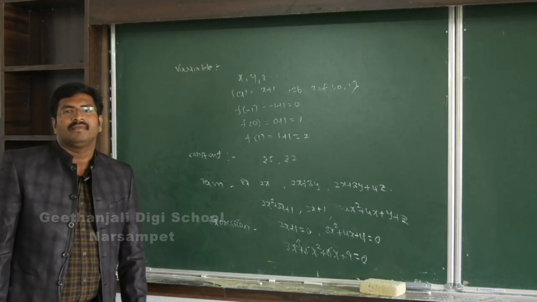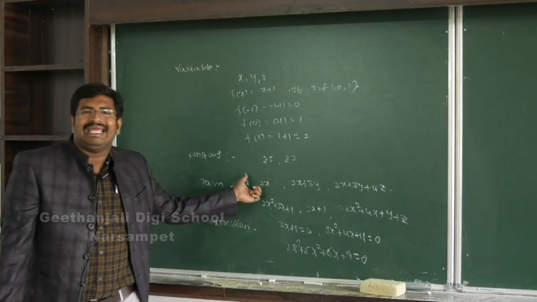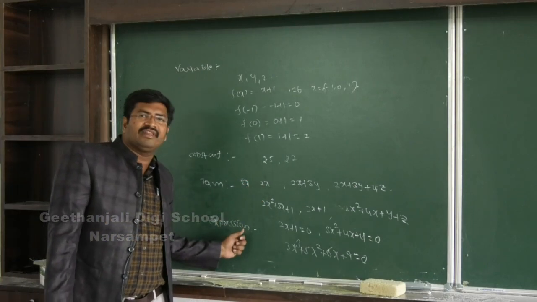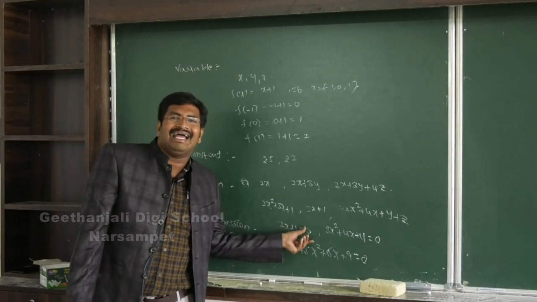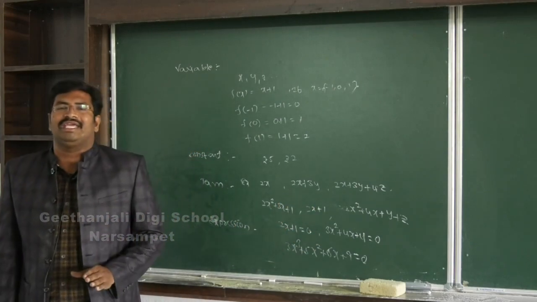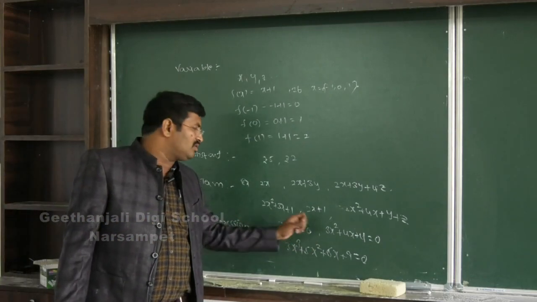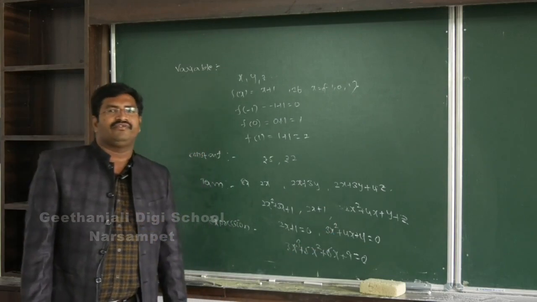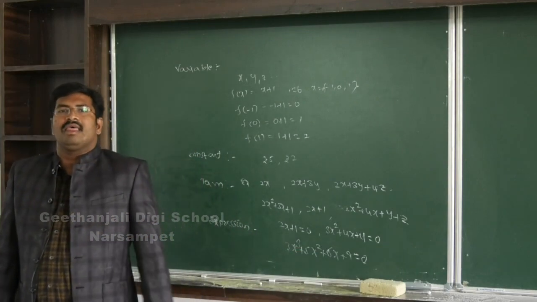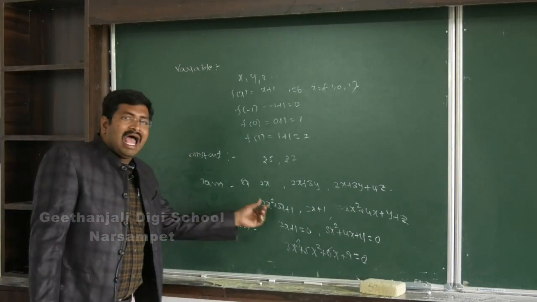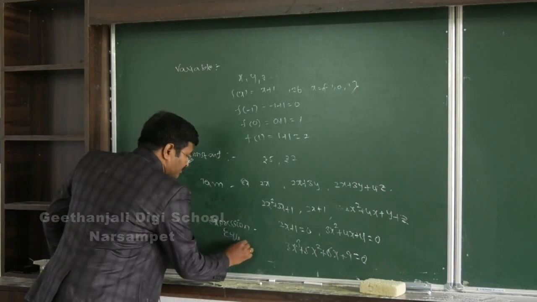This is an expression. Then these all are examples of expressions. Now you will see here I added the equality symbol, equal to 0. You will see 2x plus 1 is equal to 0, 3x square plus 4x plus 4 is equal to 0, 3x cube plus 5x square plus 6x plus 9 is equal to 0. Expressions having the symbol equal to 0 are called an equation.